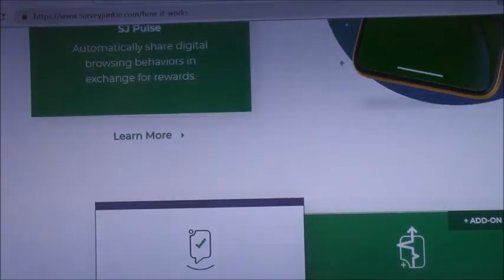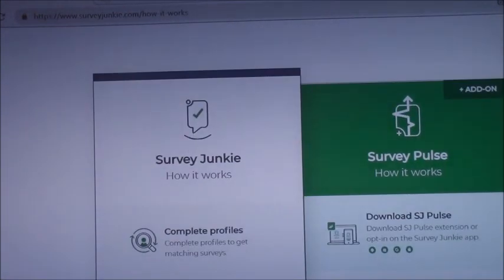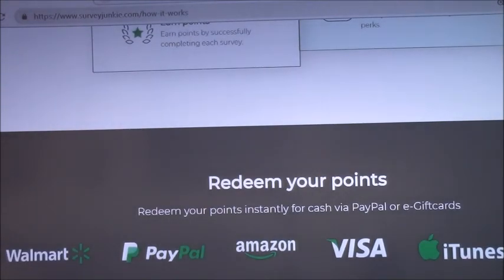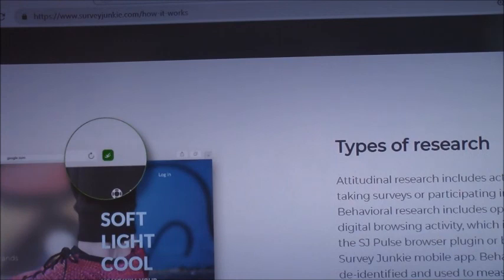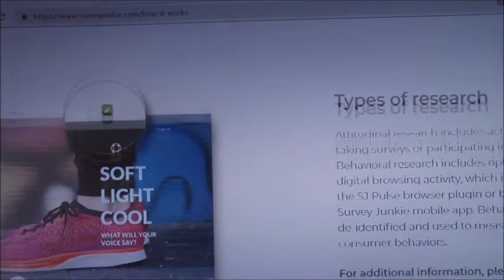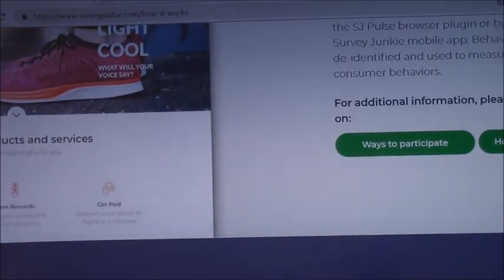You have so many ways to earn money by doing surveys for different companies. Through Walmart, PayPal, Amazon, Visa, iTunes, bank transfer, you can do that, and make sure you get this logo, because there are so many Survey Junkie apps from different companies.